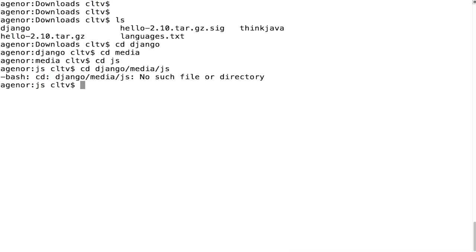Do you remember the command to go back up to a parent directory? Going back up, you would do cd .. Yep, so .. goes up one. So I can go back up to media, or you can also combine those together with slashes to get all the way back up to downloads. And then I'll be able to do the cd Django / media / JS. I'm getting back previous commands I typed by just using the up and down arrows,